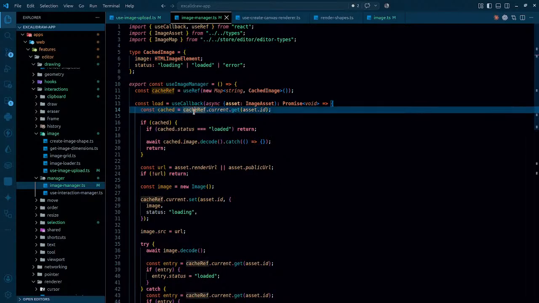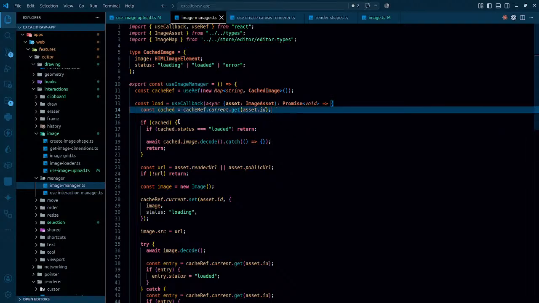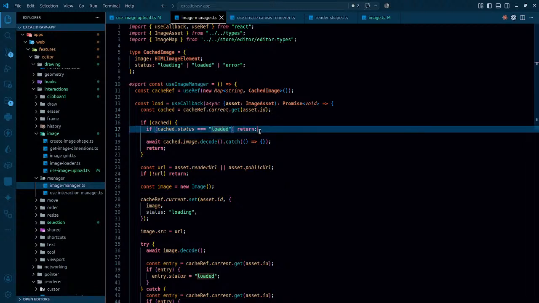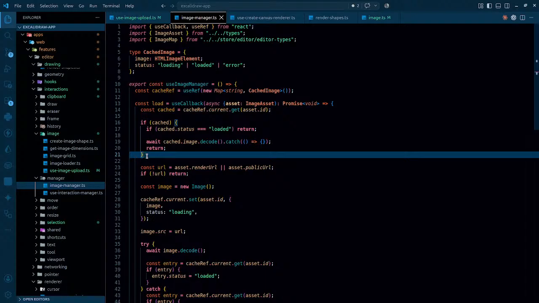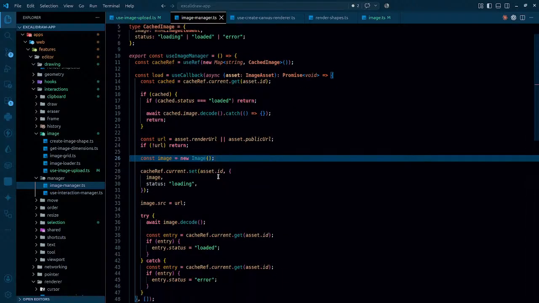Coming back to this cache diff concurrent get and if that is already there, then check the status. If that is loaded, return, otherwise load that is okay. Otherwise asset render.url and public.url, then image.new image, and